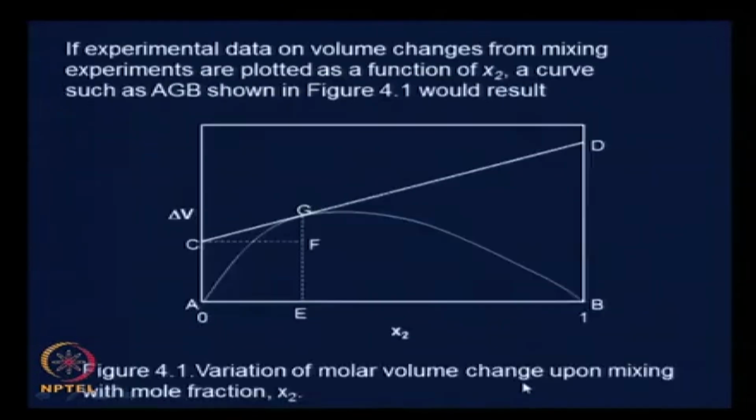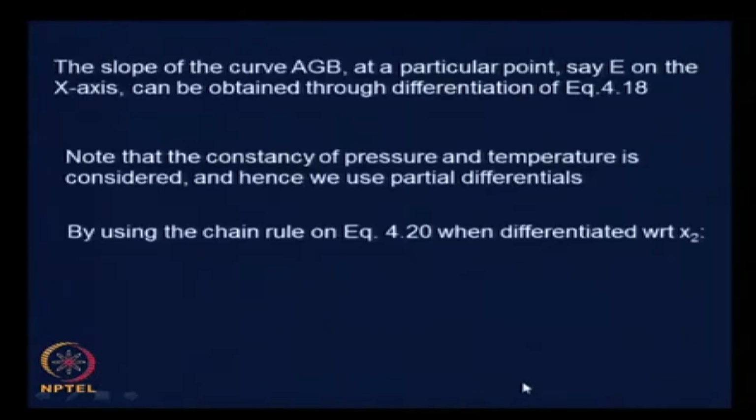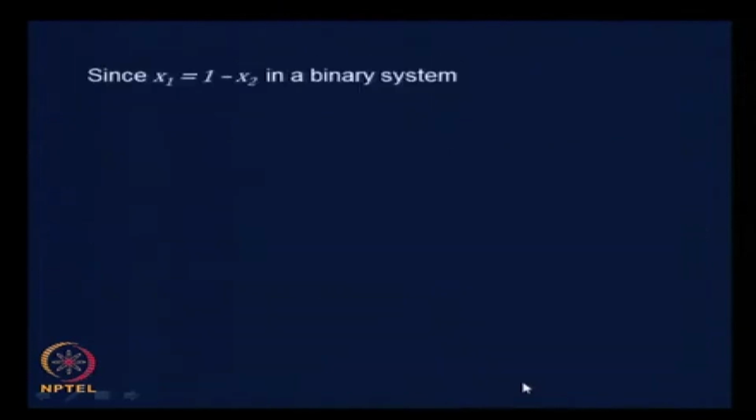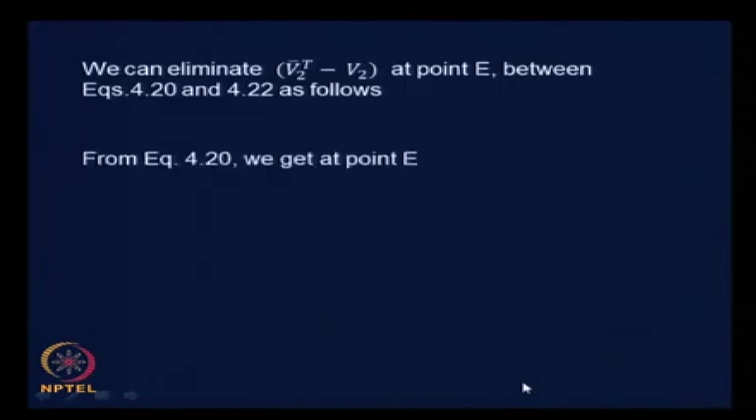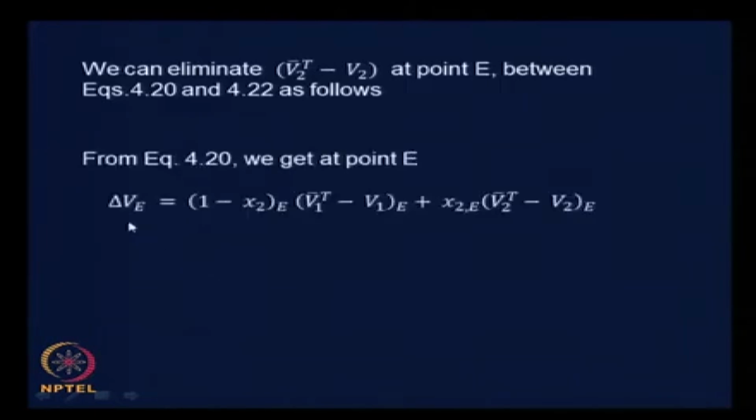If we do that, we will get, please do this and check, delta VE equals 1 minus x2 at E into V1 T bar